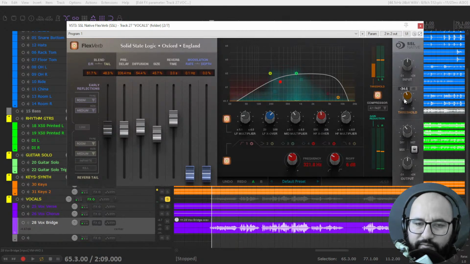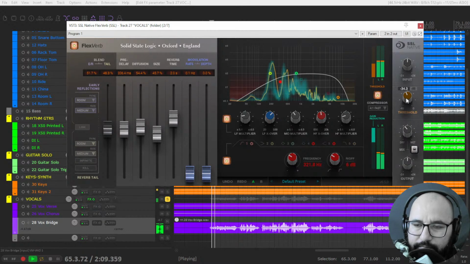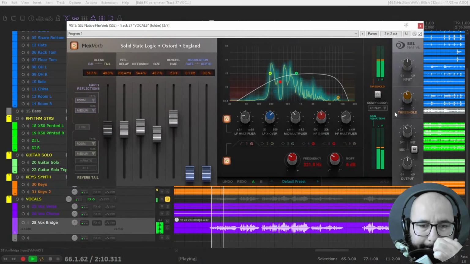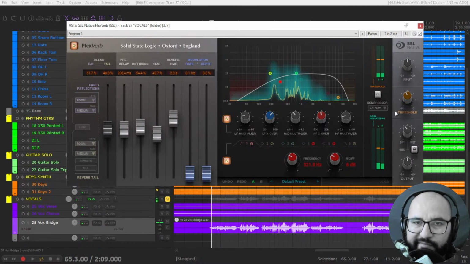You notice how the reverb comes back when the vocalist stops singing. Right, and it's not getting in the way of the original performance. Let's check it out without it. The reverb is there all the time, right? And with this compressor,